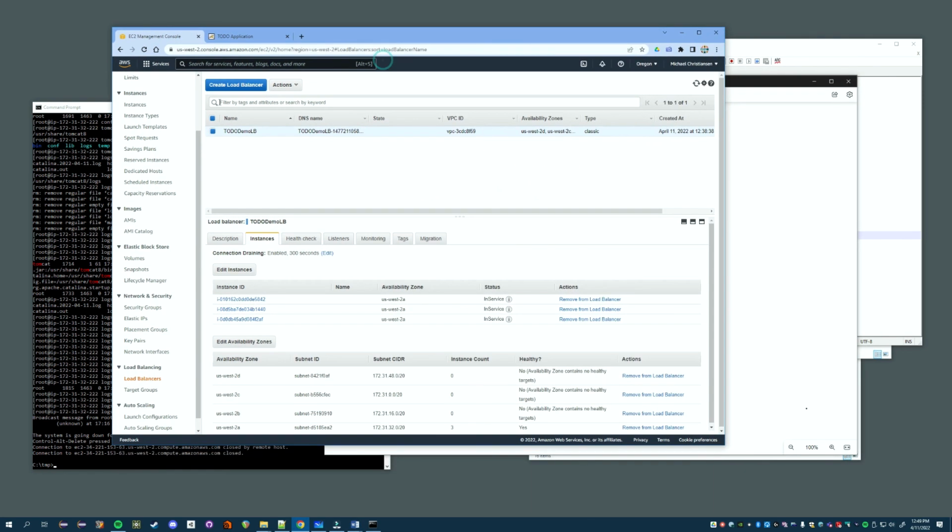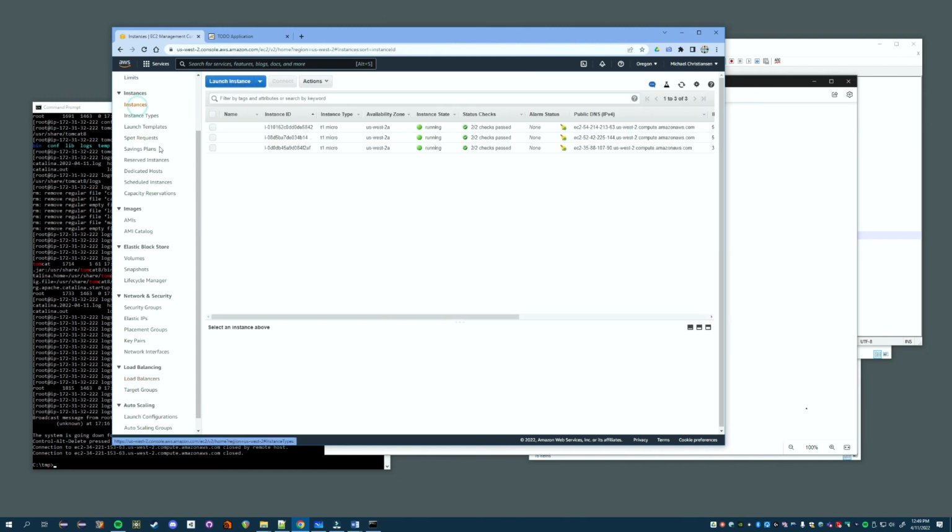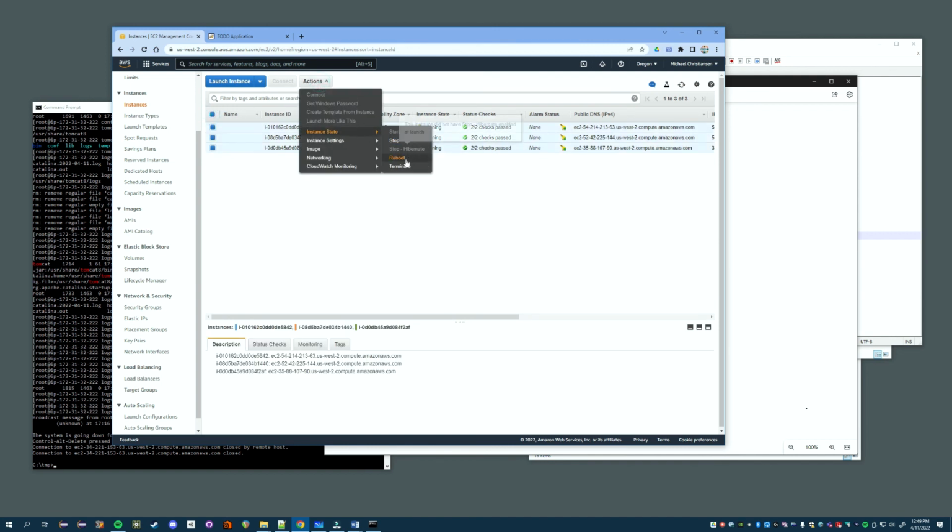So you'll want to first remove the load balancer. I'm not going to tear this down now because I'm going to use it for a demo, but you want to delete the load balancer, and then you go into the instances and terminate them. So just select them all, actions, terminate, and that will tear those down, delete them. And then finally go back to